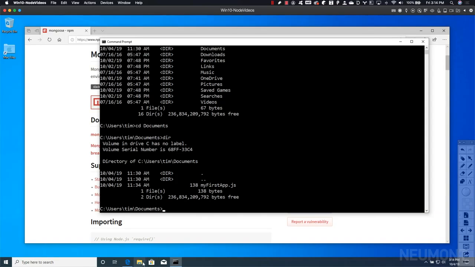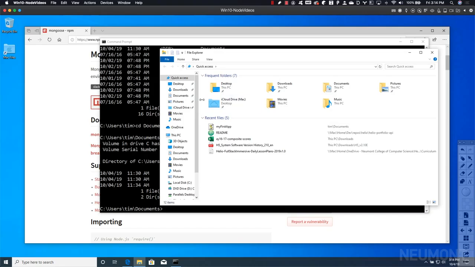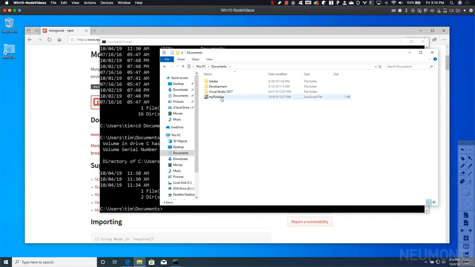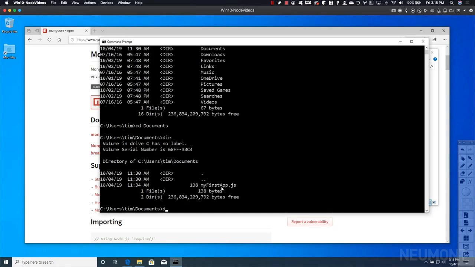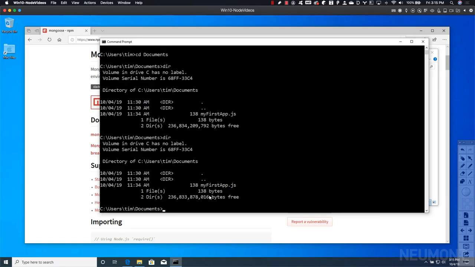Yes, here's my first app.js from an earlier screencast that we did. And what I want to do is open up Windows Explorer. I'm going to go to my documents folder. Here's my first app. I'm going to create a new folder, and in this folder, I'm going to say my first package. So now when we do our dir to list what's inside of our folder here,